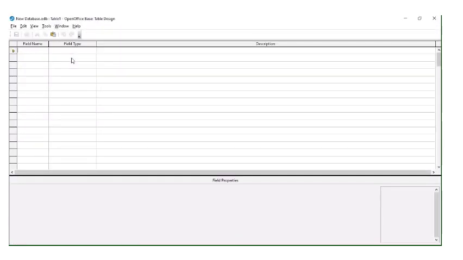Here we are designing a table. We are not entering data in the table, we are just creating a table. The very first is the field name. Now what do we mean by field name, field type and descriptions? All that we are going to learn in a very few minutes. Let me first give you some examples in Excel. Suppose you want to create a table like that, how can you design it? Alright, so let's switch to Excel.